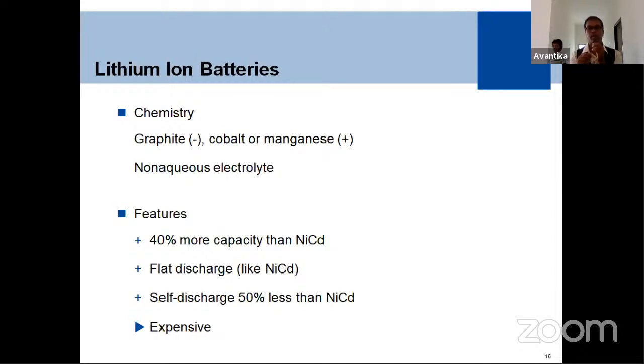This is more important because in every battery, the charging should be faster and the discharge should be lower. So this is very, very difficult to optimize. Here the lithium ion gives a self discharge 50% less compared to nickel cadmium. So this is one of the important points of lithium ion batteries. Of course, it is expensive compared to nickel cadmium. I mean, not much. This is only one small drawback of lithium ion batteries.